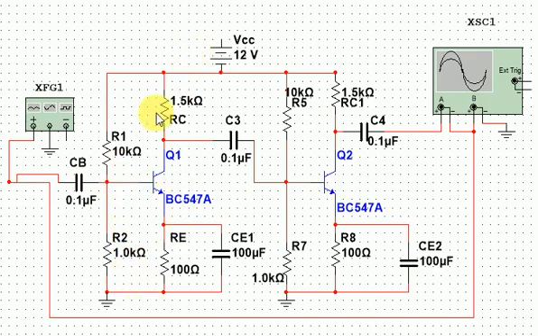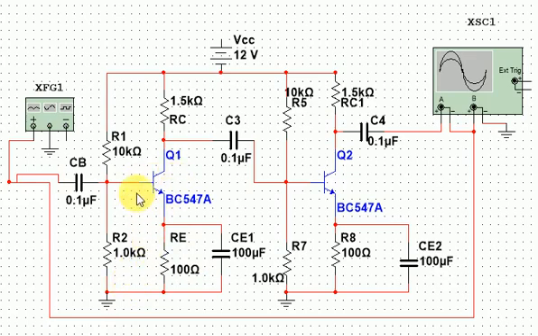We bias the transistor with DC voltage to make it work in the active mode region, because only the active mode transistor acts as an amplifier. Here we have emitter resistance Re, connected in parallel with the emitter bypass capacitor. Basically, the use of emitter resistance is to provide stability.